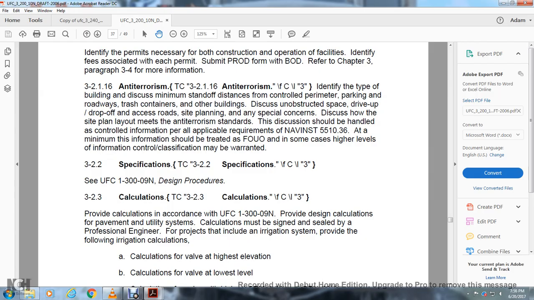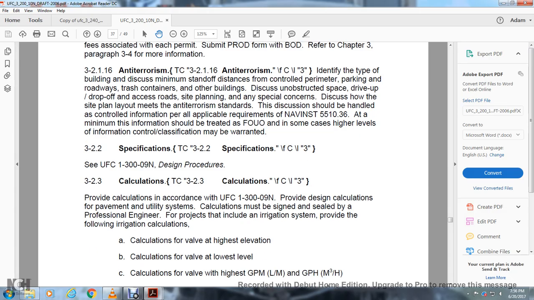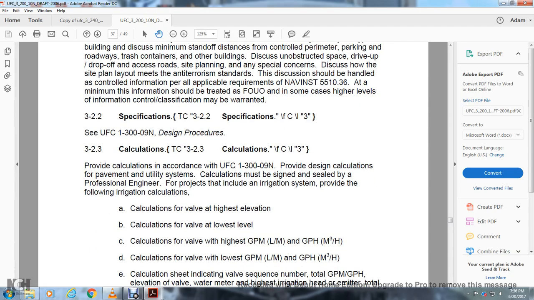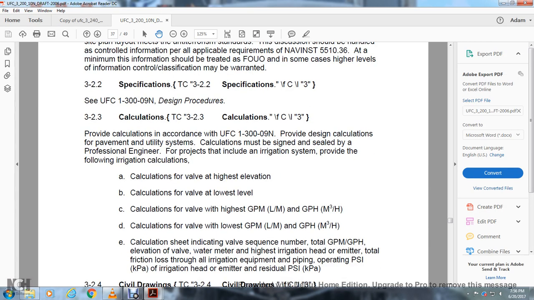Calculation. Provide calculation in accordance with UFC 1300-09 and provide design calculation payment. The utility system calculation must be designed and sealed by the professional engineer of the project. Shall include, with the irrigation system, the following irrigation calculation: calculation of the valve at the highest elevation, calculation of the valve at the lowest elevation, calculation of the valve at the highest gallon per minute or gallon per hour, calculation of the valve at the lowest gallon per minute and gallon per hour,